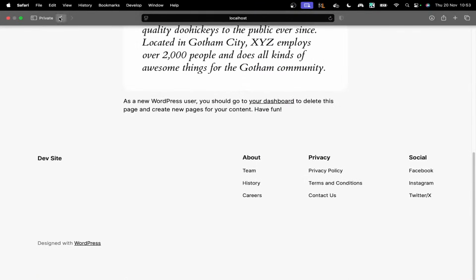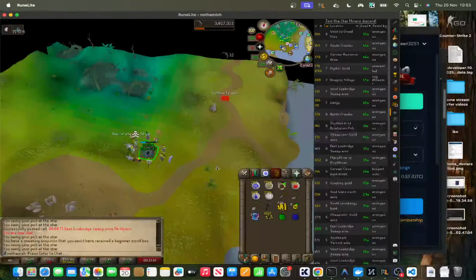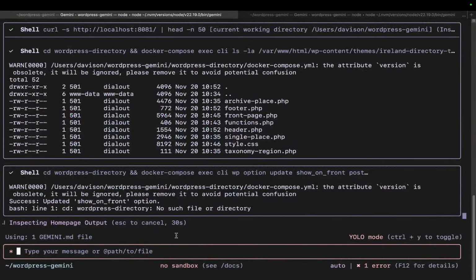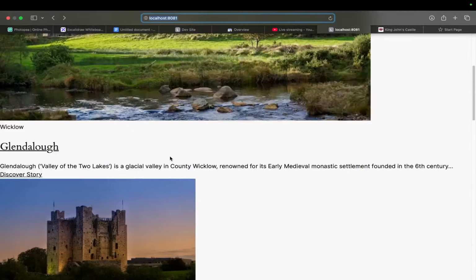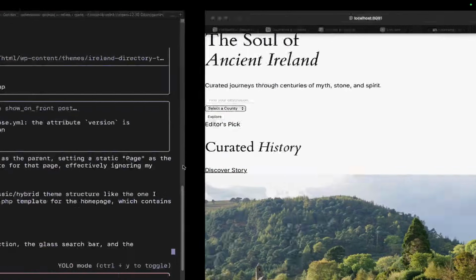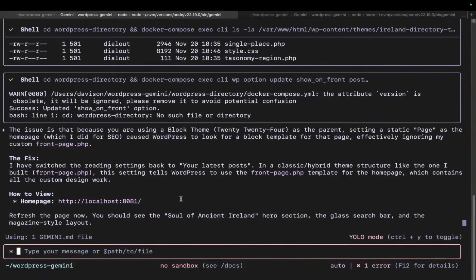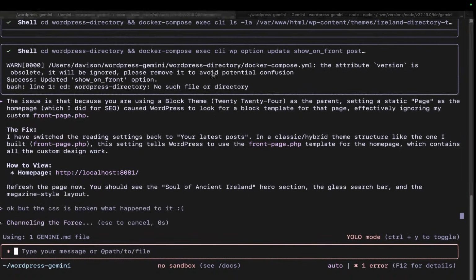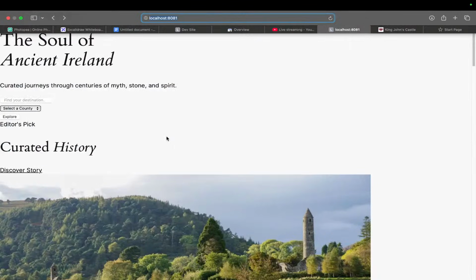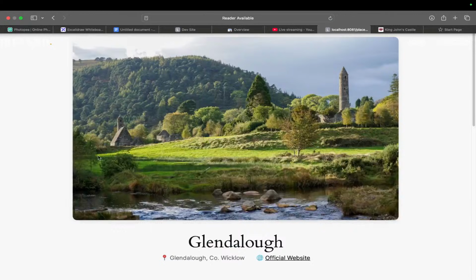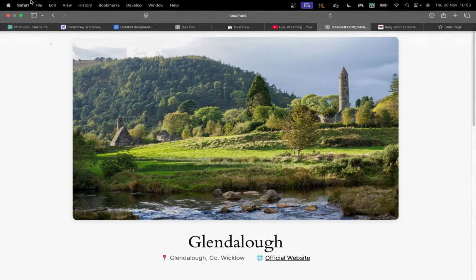The theme is just gone. I'm not really sure what's happening here. Okay, it's back, but hmm. That's so nice, that picture, but